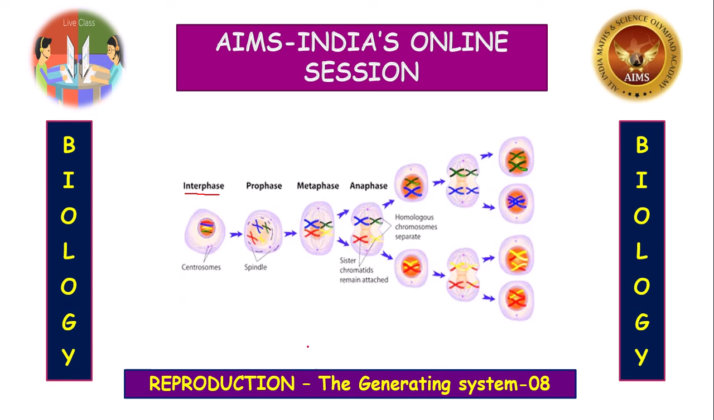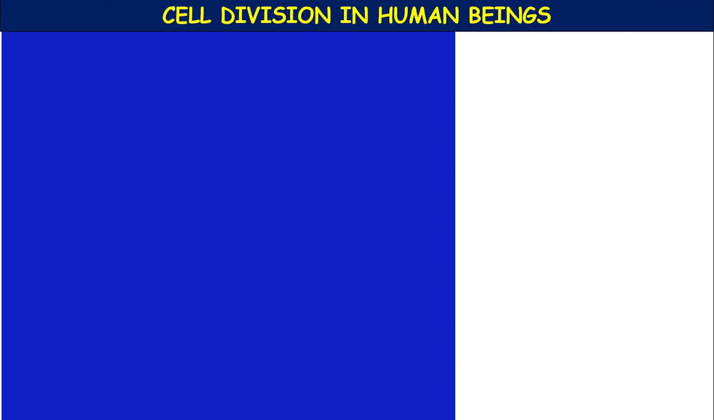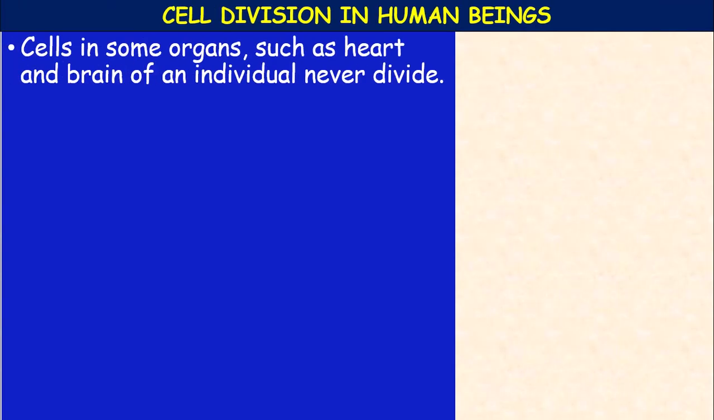Okay, children. So let us discuss more about this cell division and cell cycle in this video. Let us proceed. Cells in organs such as the heart and brain in an individual never divide. So this is an interesting feature you need to remember. As soon as these organs are formed, the cells of these organs, heart and brain, once differentiated,